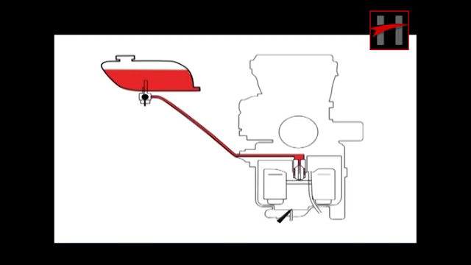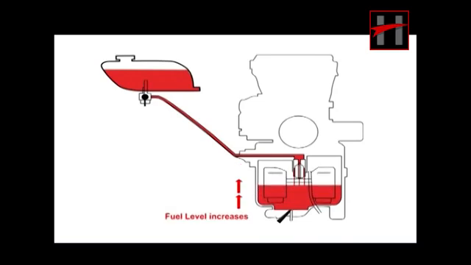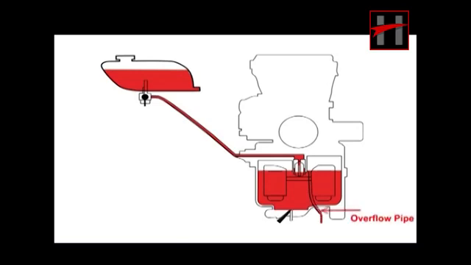As the fuel level in the fuel chamber increases, it lifts the float, which starts compressing the spring-loaded pin of the needle valve. After the spring is fully compressed, it closes the passage for fuel intake. Due to any reason, if fuel level rises, fuel will come out from the overflow pipe. The drain screw is used to remove dirty fuel from the chamber.